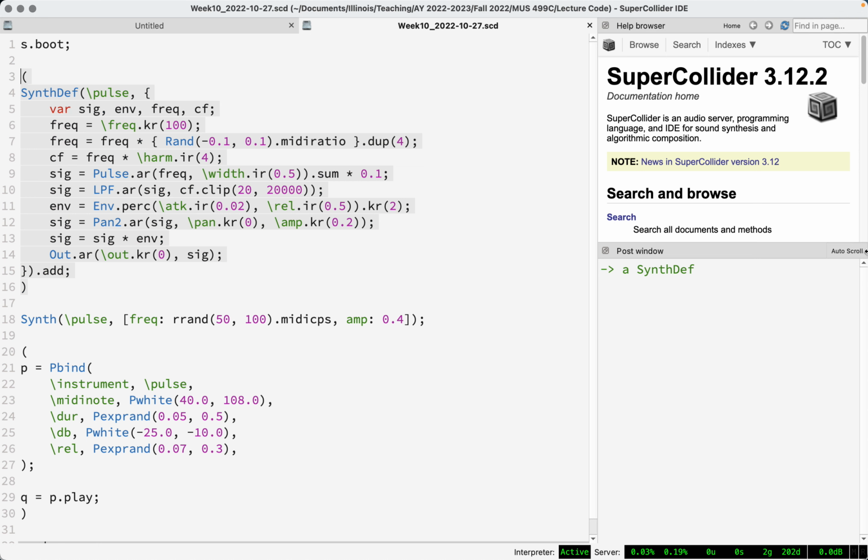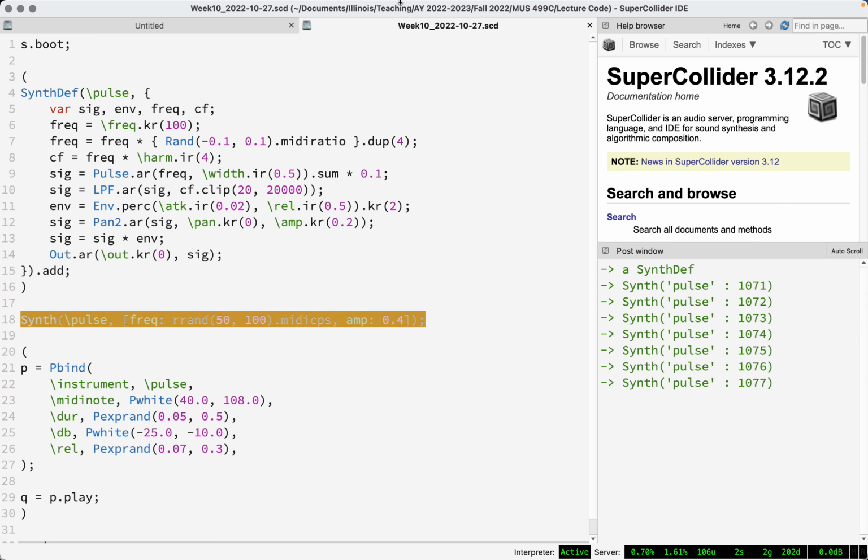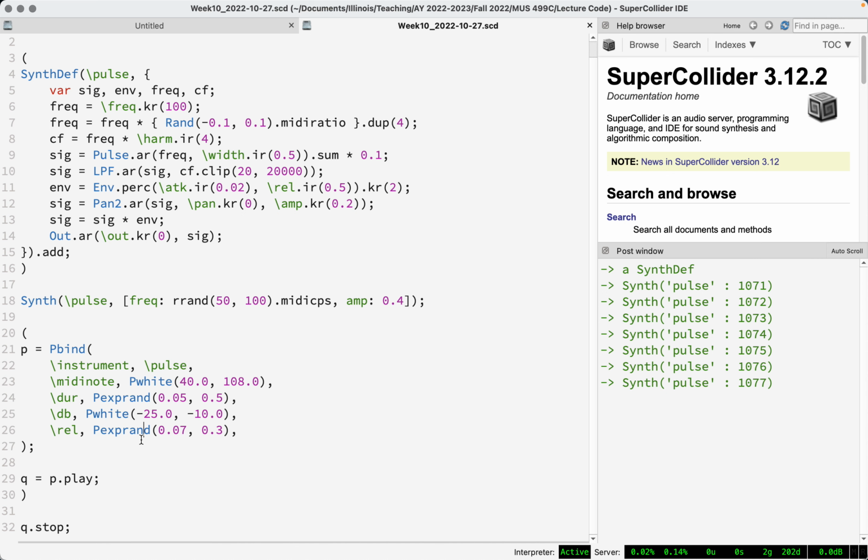This synthdef is almost the same as the one we saw last week. The main difference is that the envelope is now a percussive envelope, so it's a finite duration envelope, and it sounds like this. And I also have this pattern, just recalling some p-bind stuff from the end of last week's lecture, using that synthdef, random MIDI note numbers, random durations, random amplitude levels, and random release times. It's one of the bleepiest things you can imagine. All right, so we'll come back to this shortly, but